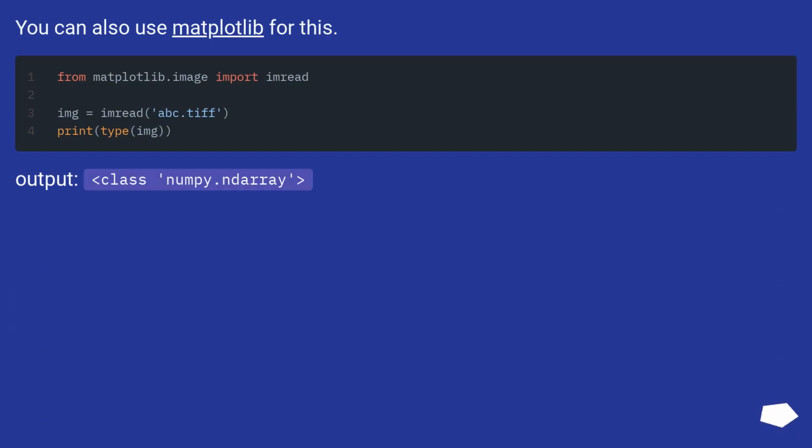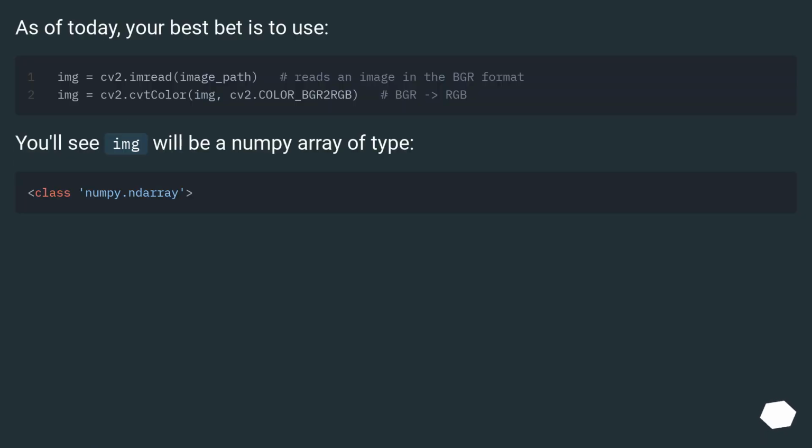You can also use matplotlib for this. Output, class numpy.array. As of today, your best bet is to use. You'll see image will be a numpy array of type. Please consider